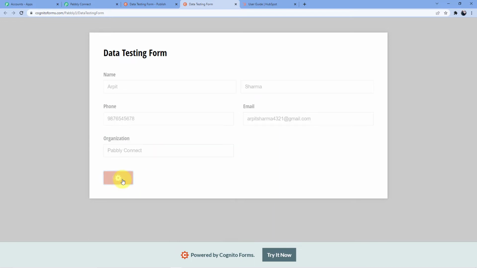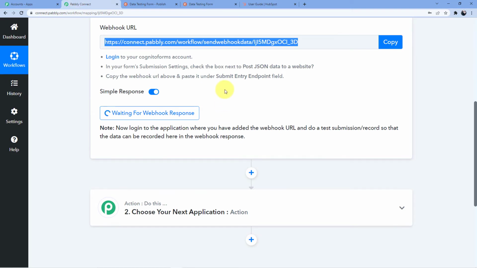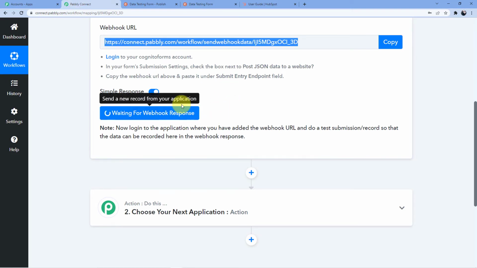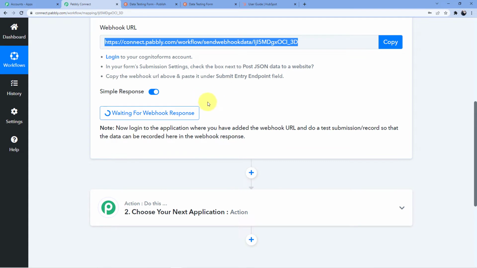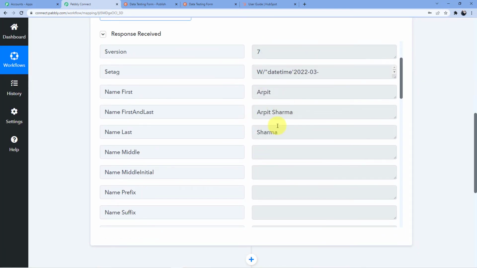And here I'm just going to click on submit. Now as soon as I click on submit, you will see the response will be submitted here. And here Pabbly Connect account will capture the webhook response in a few seconds. So we are going to have a new response here, and you can see this is our response, Arpit Sharma,